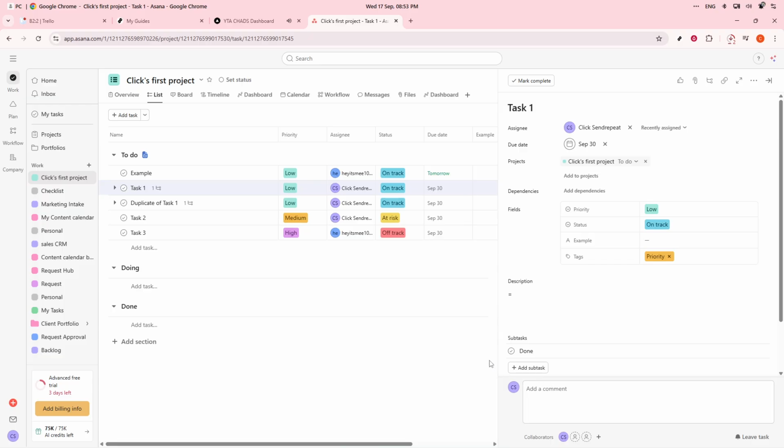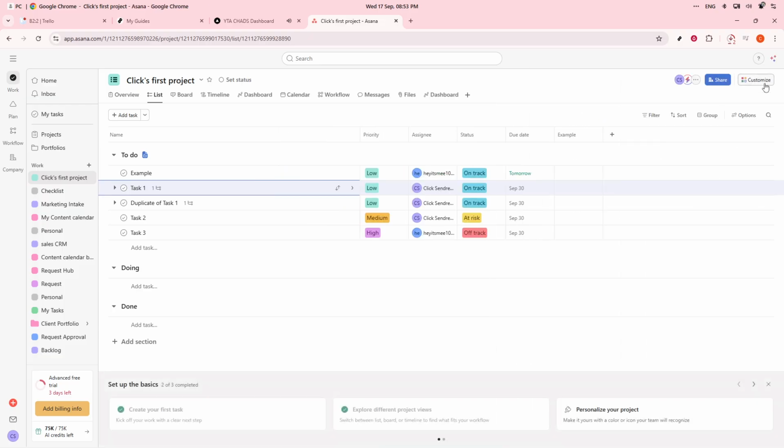And there you have it, a comprehensive introduction to using Asana, from setting up your account all the way to leveraging